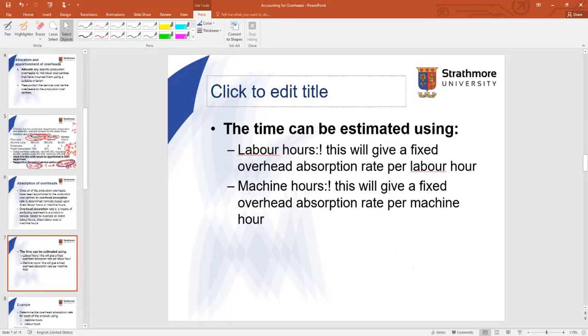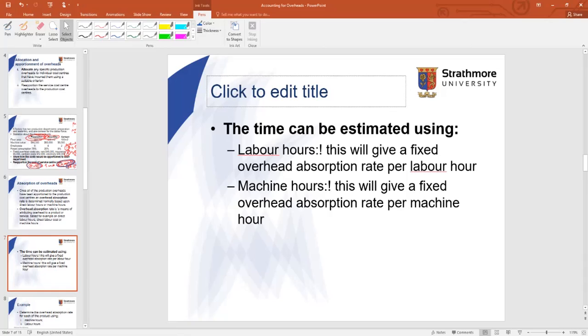If it's a month, how many hours have the workers spent in this particular department? And don't forget, here we only deal with the direct labor hours, not the indirect. That means those employees who are actually involved in the production of the product,